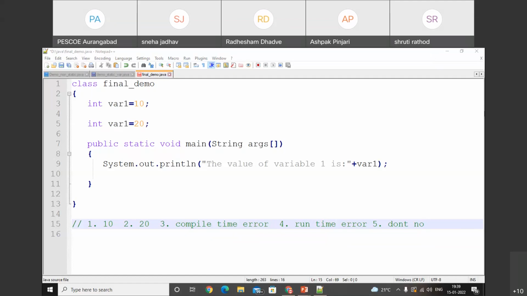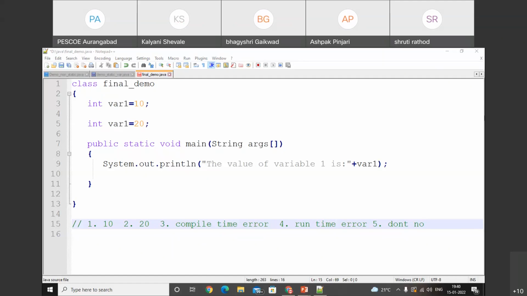Kalyani, unmute yourself. Sir, it will generate 10. Bhagyashri, okay. Namrata, what do you think? Compile time error, sir. Okay, compile time. Kalyani said compile time error. Namrata,